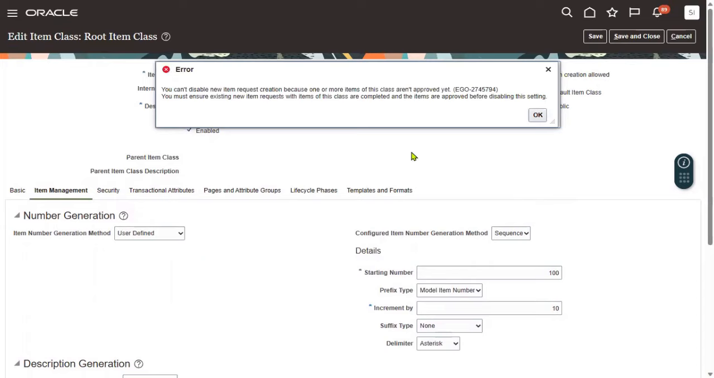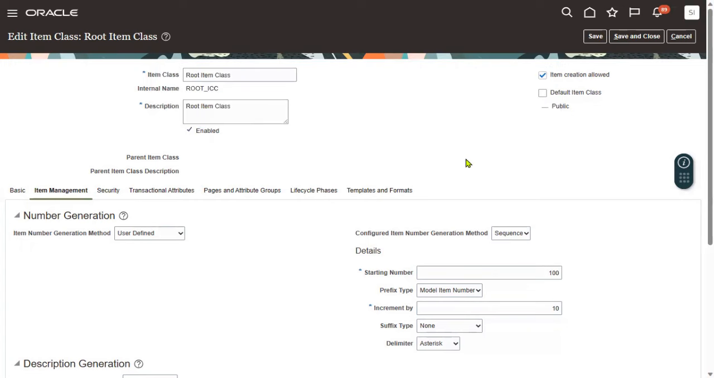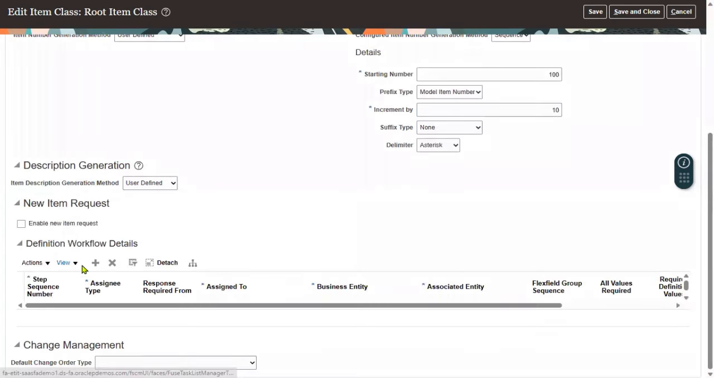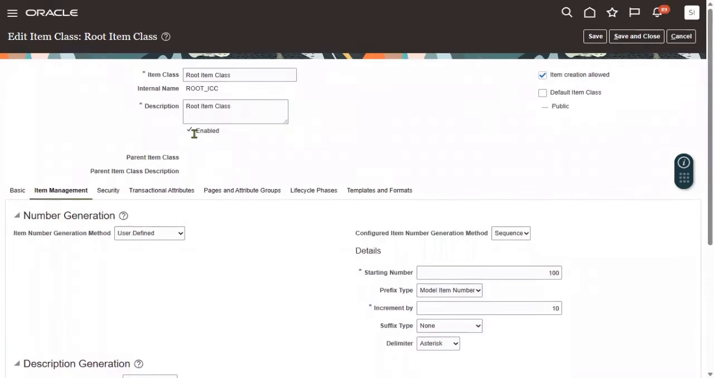You cannot disable new item request creation because one or more items of this class are not approved yet. Yes, so some items have been created under this item class. That's why it is showing that once you approve those particular items, then you can go ahead. You must ensure the existing new items have been completed, and then you can go ahead with this approval process. That's what the system is showing here. So you cannot do it because some of the items are pending approvals. So that's why, for new item request, this approval process, we cannot do it. What we can do is this, in fact, enabled at